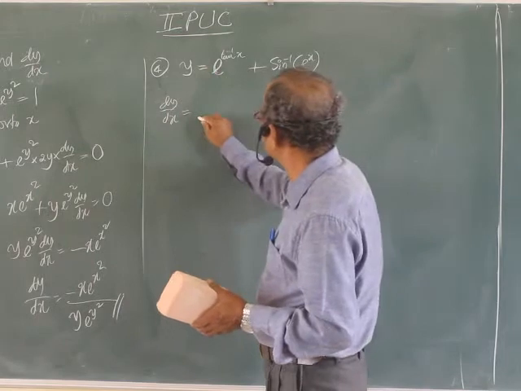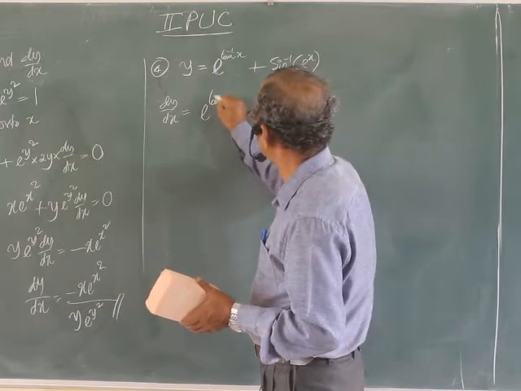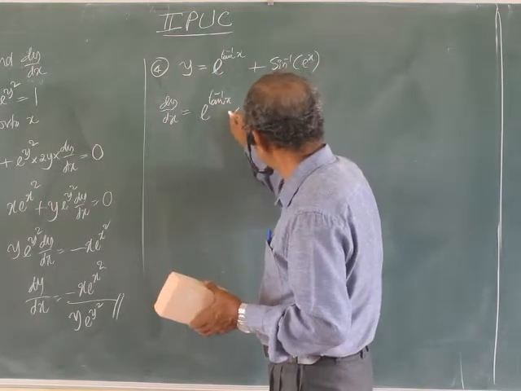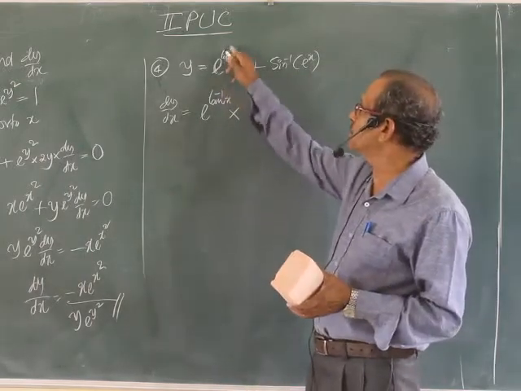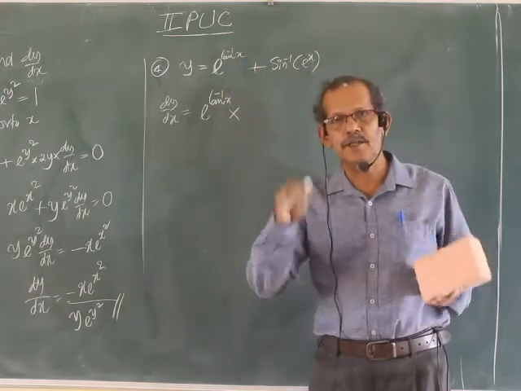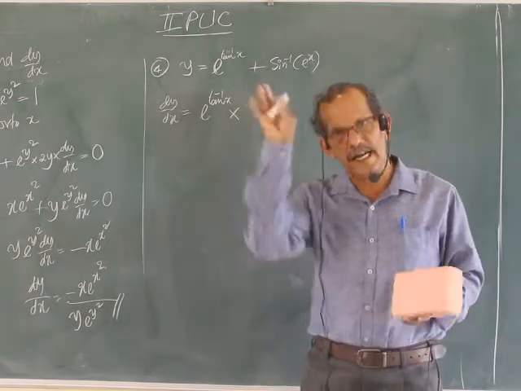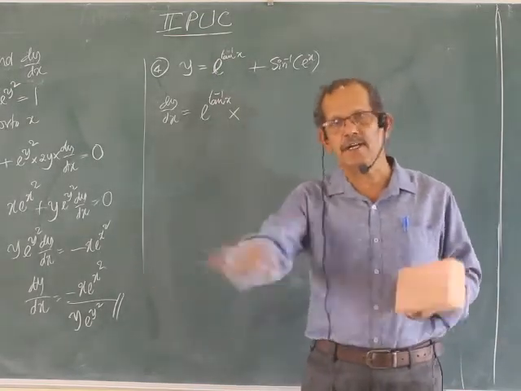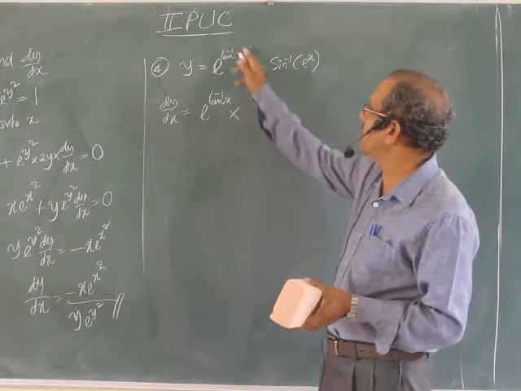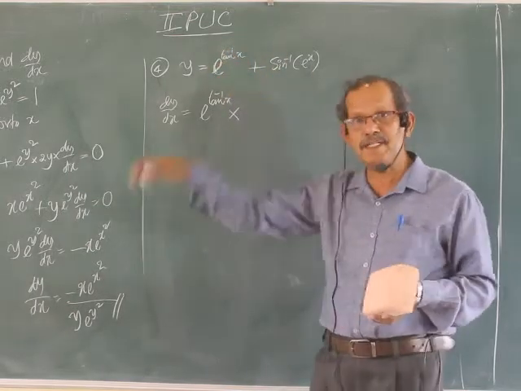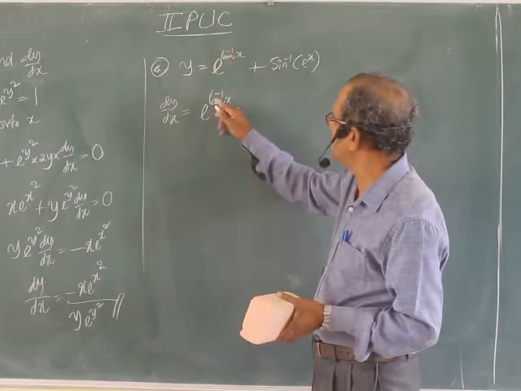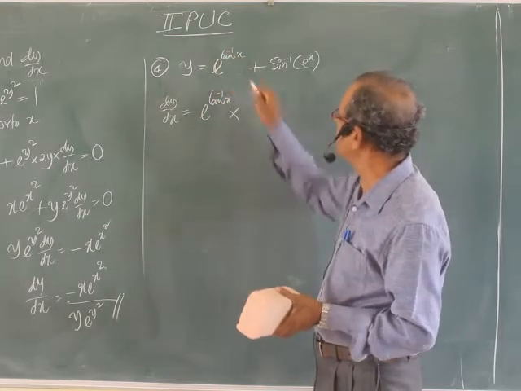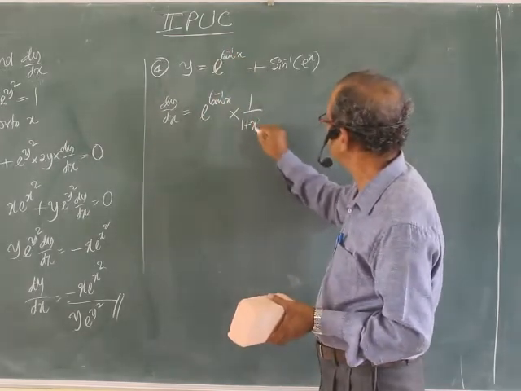Derivative of this is e to the power tan inverse x, yes, into, not over. Chain rule means outermost function derivative is over. e to the power whatever it may be, write as it is. e to the power t, e to the power t itself. Here I have taken this one as t by inspection method. e to the power t derivative e to the power t into dt by dx means it's a derivative. Okay.